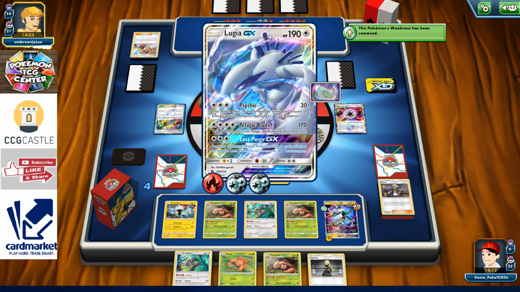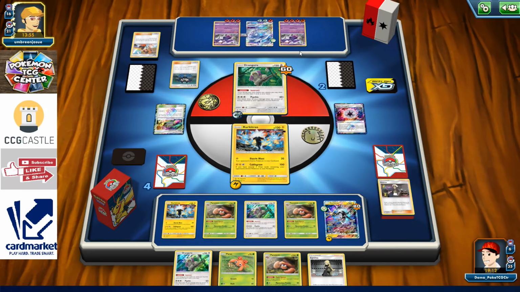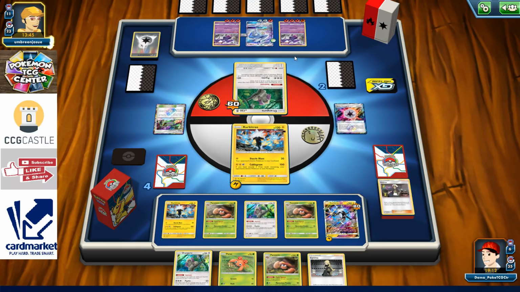And another double colorless energy attached to Lugia, so he can go for 170, but next turn he can't attack with the Lugia. So there's a Tapu Lele, and he didn't switch, he just decided to shuffle his hand and draw 5 more cards. Maybe he's trying to get that. Not maybe, but like 99% he's trying to...